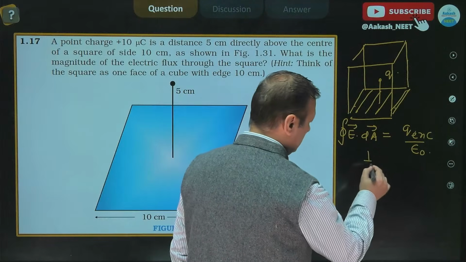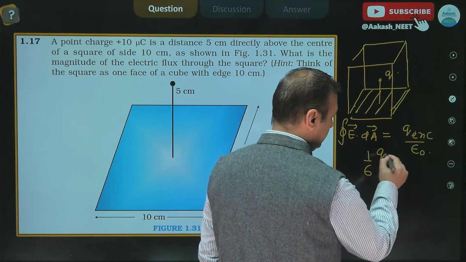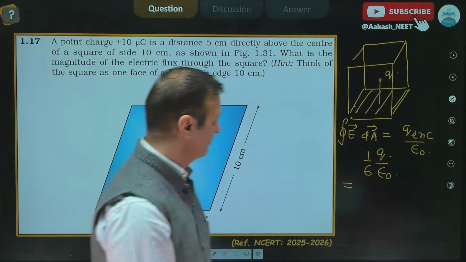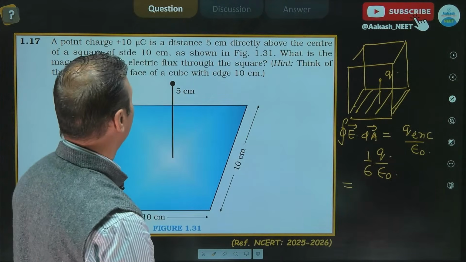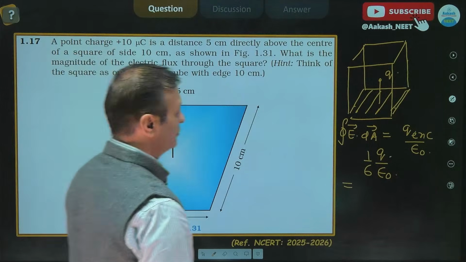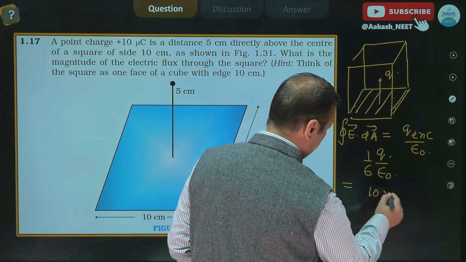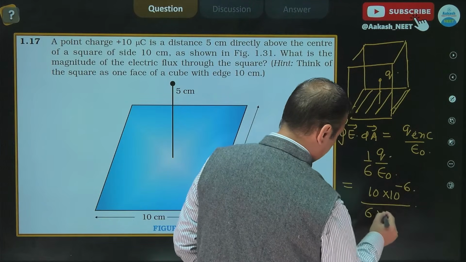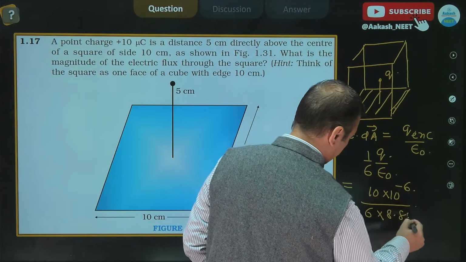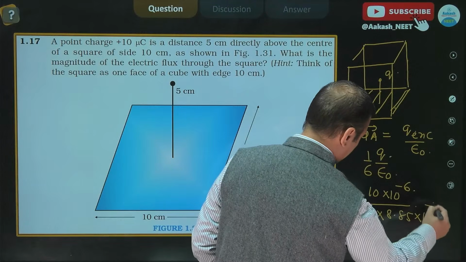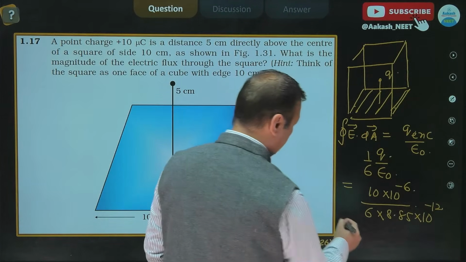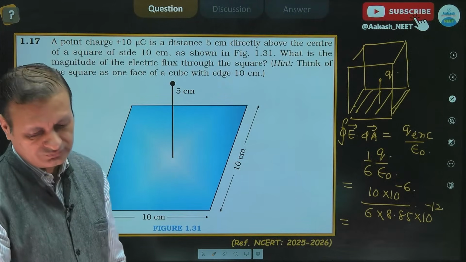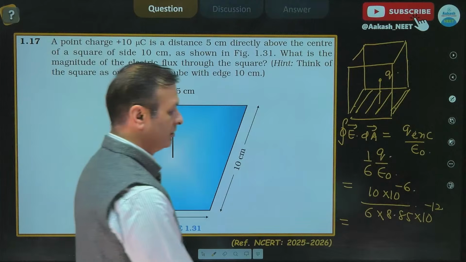So we have flux through the square part given by this expression, and charge is known to us as 10 into 10 to the power minus 6. So this is 1/6 and this is 8.85 into 10 to the power. So that flux numerically, when you calculate this flux, so this would be